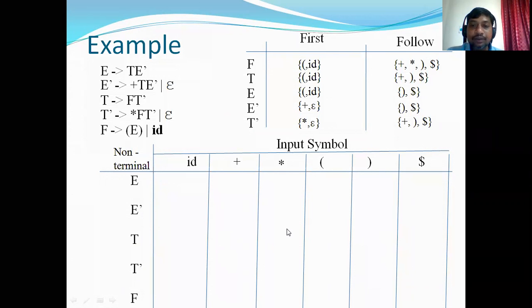Similarly, for ID, we are getting ID from the rule F derives ID. So F with ID, you have to add F derives ID. And F with open parenthesis, you have to add F derives grouping of E.